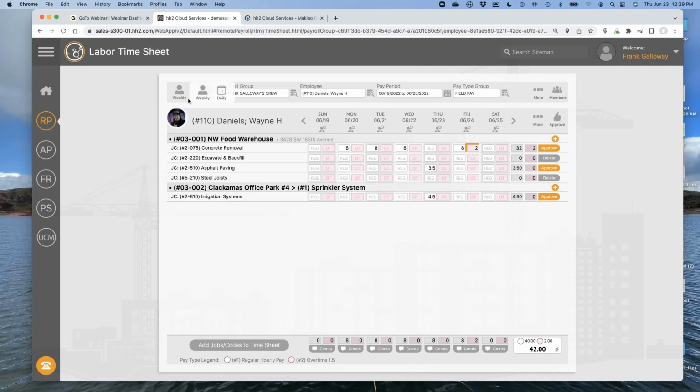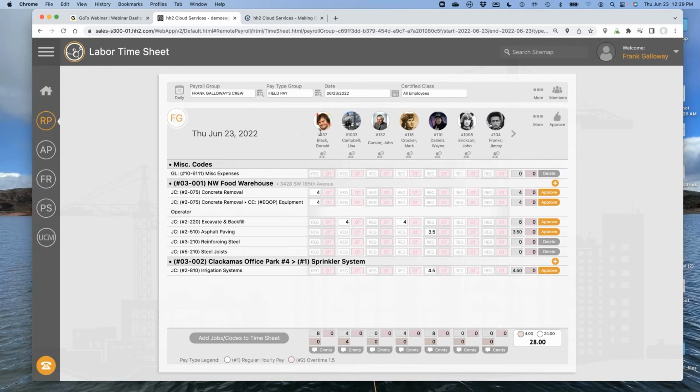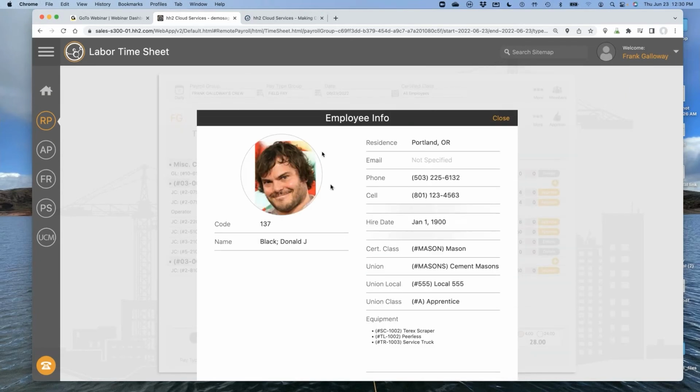Let me go to the daily time card for just a second. I think this is where you're going. Let's say that I'm a foreman. Maybe your question is wrapped around more of changing that certified class. Well, if I don't know what classification he is, how am I going to know what to change it to? Maybe that's why. So let's go here to Donald Black. He's one that I always like to pull up. I'm going to click on Donald's face there. And this is, if this is what you're talking about, this is where I can see that employee's information.